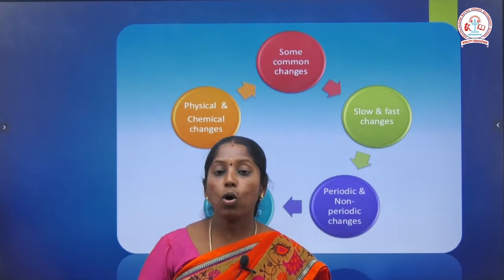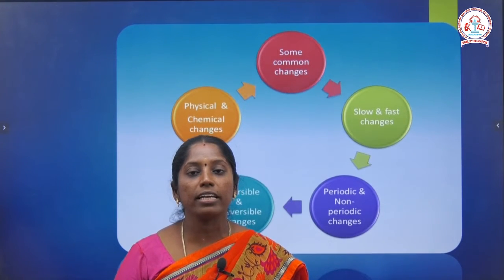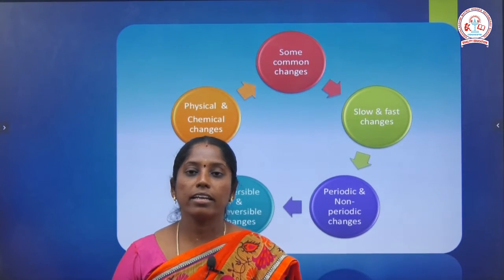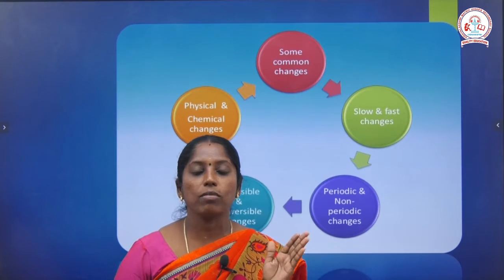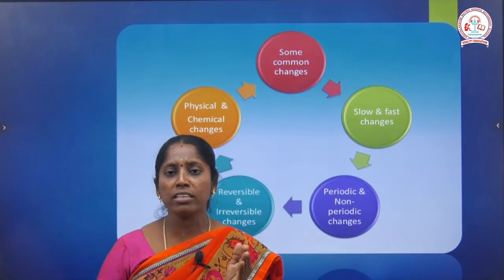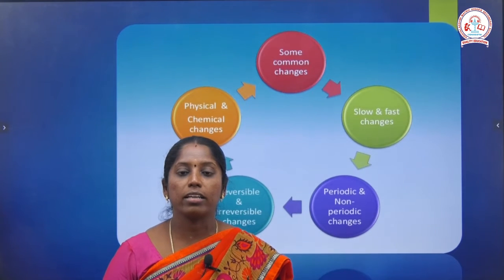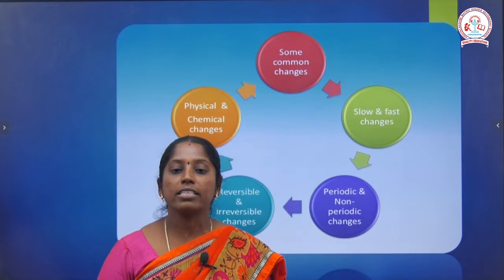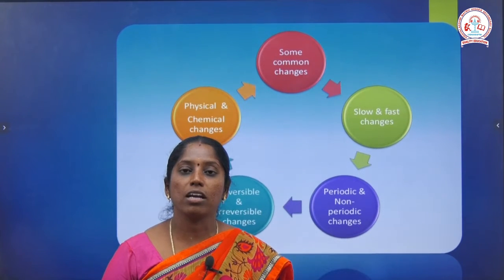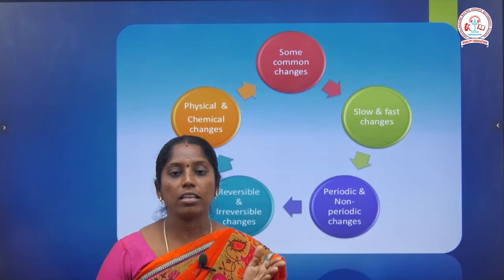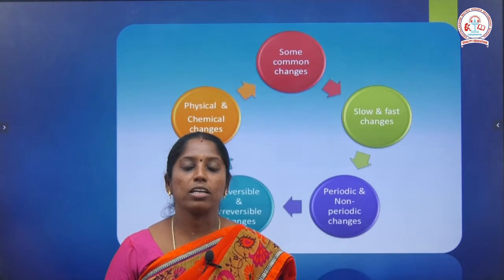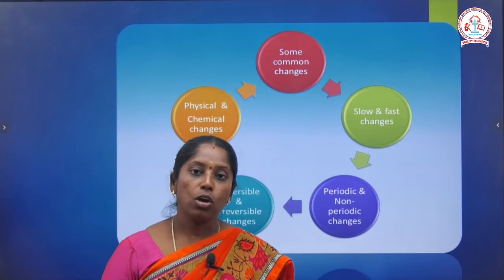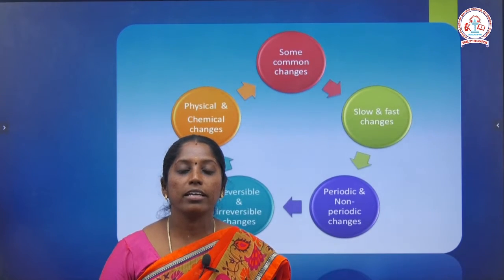Some are slow and fast changes, some are periodic and non-periodic changes. What are periodic and non-periodic changes? Periodic means at regular intervals. We know that day is 12 hours and night is 12 hours, like that. The moon also occurs only at night, and during the daytime the sun is in the sky. That is called periodic change. Non-periodic changes mean they do not occur at regular intervals. They occur suddenly, like natural disasters such as volcanic eruptions and earthquakes. Okay children, we should learn about these in this lesson.